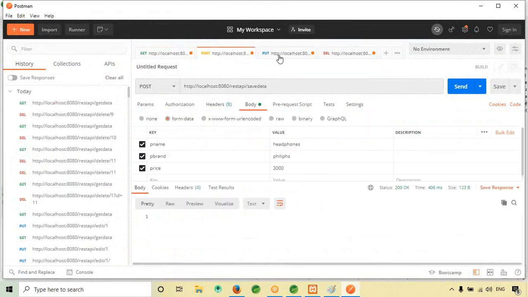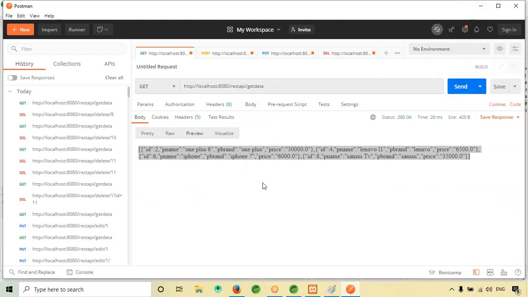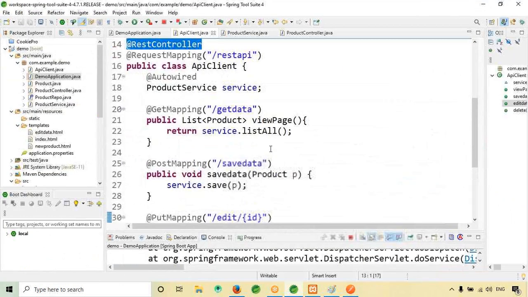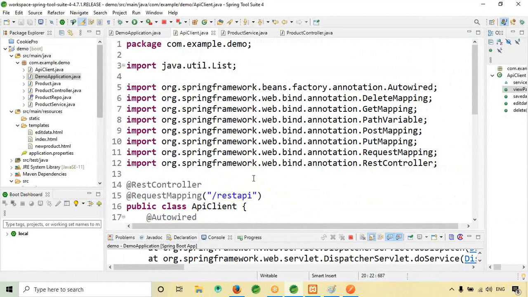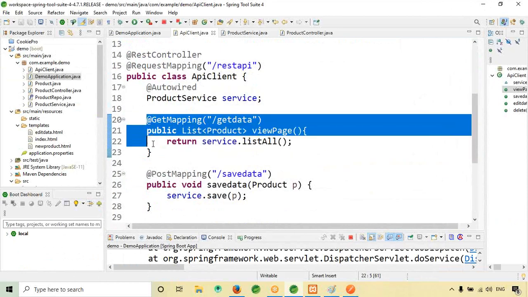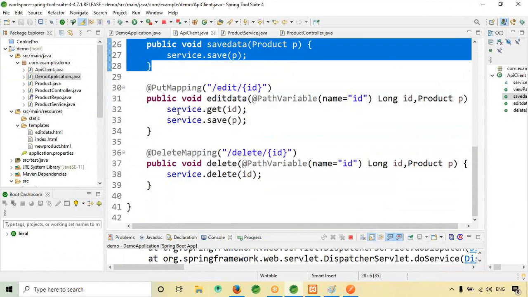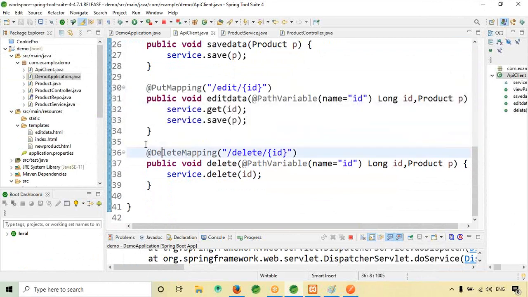We are dealing with JSON, right? So if I want to use these APIs in a web application, we have to use Angular or JavaScript calls, and you can use these APIs.